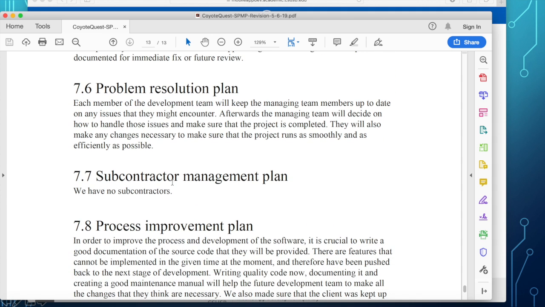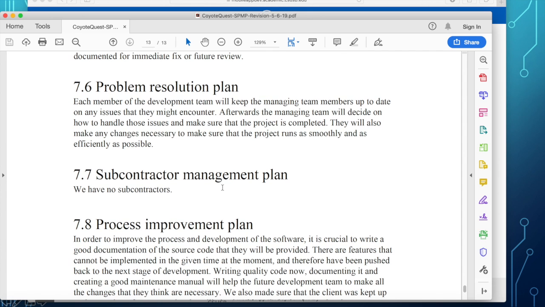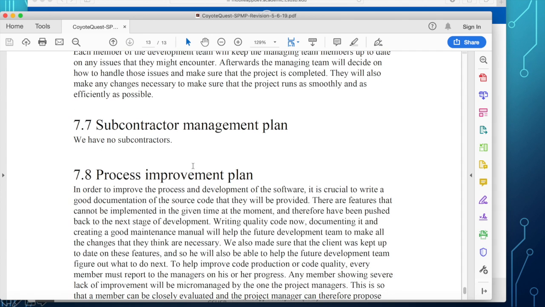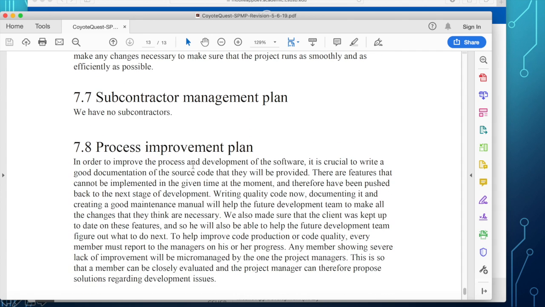Subcontractor, we don't have such a contractor. We're not outsourcing our software unless you pay other students from another class to do your work. That will be outsourcing, but of course, that is cheating. You cannot ask somebody to do the work for you.